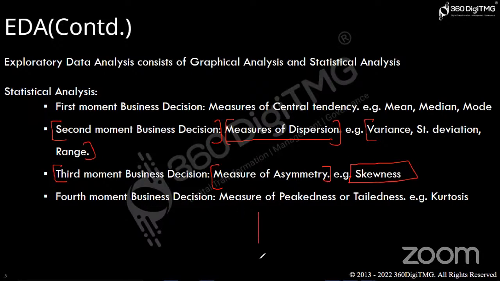That means if I have the data, how is my data distributed? When my data is distributed this way, and my mean value, median value, and mode value are at the center, and my data is distributed symmetrically on both sides, I am saying this is a normal distribution. But if my data is distributed this way,